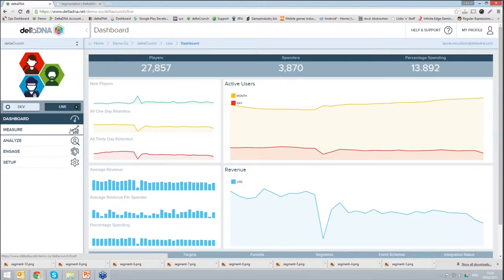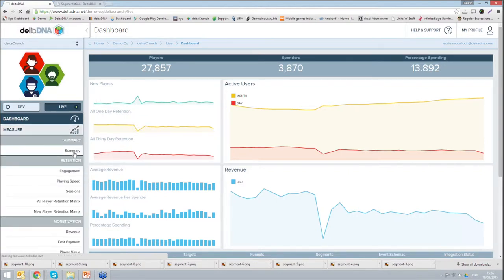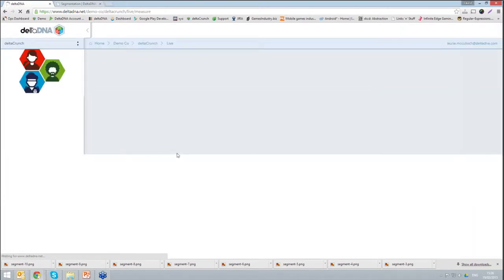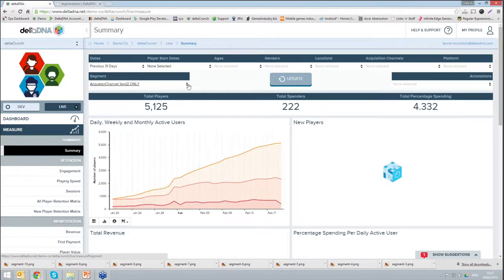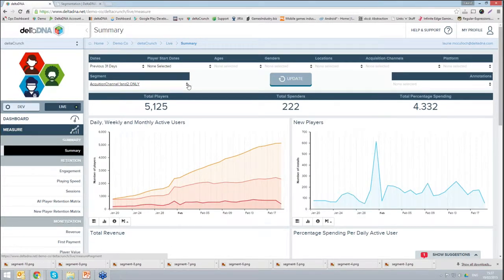So if I drill into the measure dashboard charts area, in here we've got 50-60 different standard charts that are common across all games, and we've got a common set of filters across the top here, and you'll see, in fact I've even already got one populated. You can use player segments as a filter on any of these charts. So just waiting for this to populate, you'll see that if I filter this by a segment we've created that is all the players from acquisition channels 1 and 2 only,